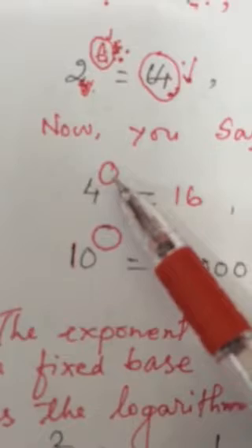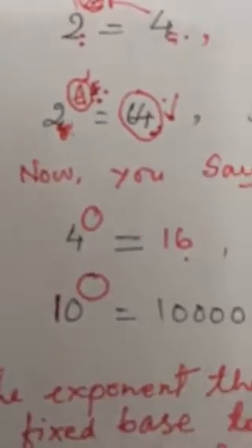Now I just want to say here, to which exponent should 4 be raised, up to what exponent must it be raised to this base 4, so that we can get 16? Then you can say 2, because 4 square is 16. So how much should it be raised? It should be raised to the power 2. This base should be raised to the power 2 so that we can obtain this fixed value 16.